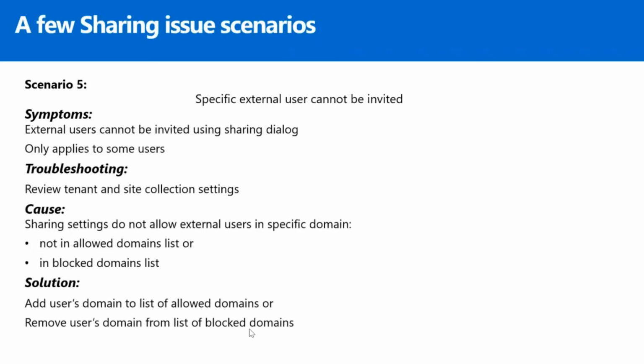And the last scenario that you may come across is that specific external users cannot be invited. It's not all, as in the previous one, just a specific few users, or some users, who cannot be invited from the sharing dialog. And you figure that it's only some set of users. So you may go ahead and again review tenant and site collection sharing settings. And then it could be that maybe those external user